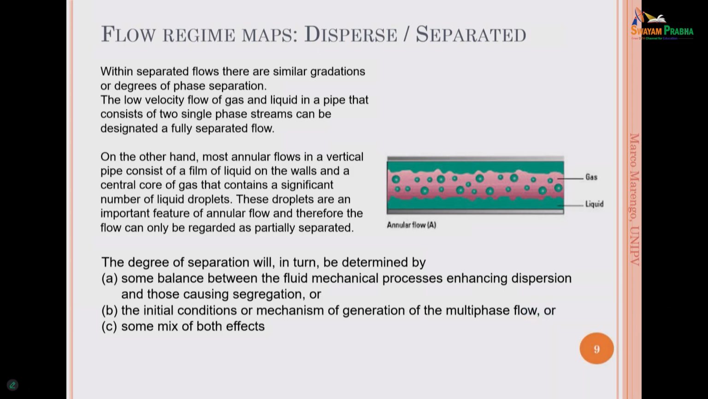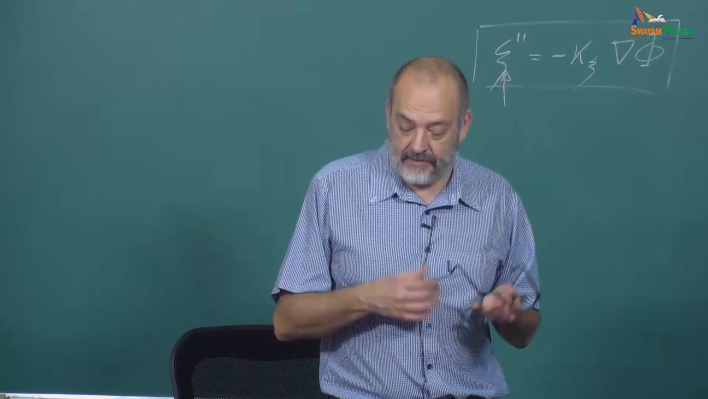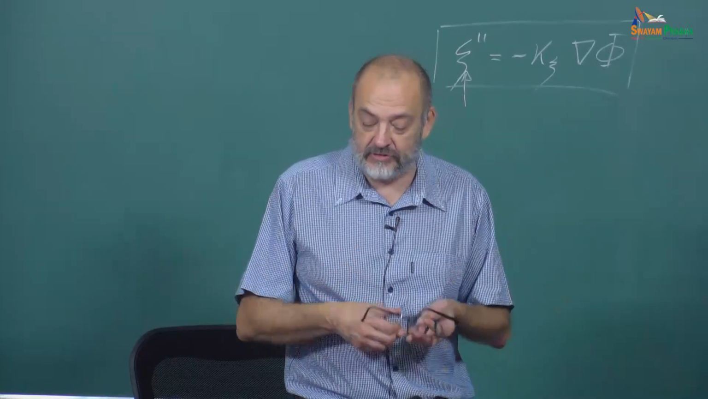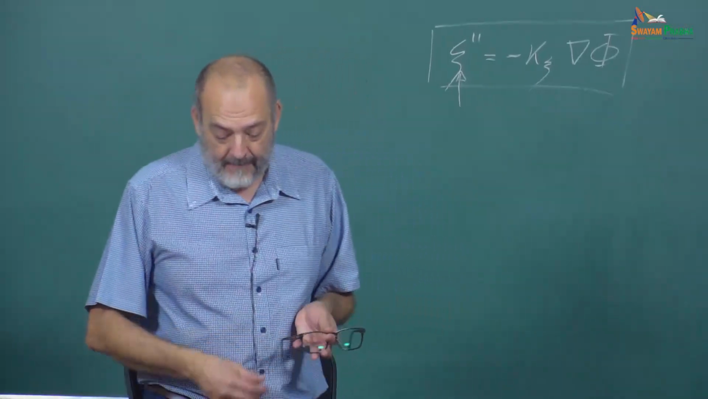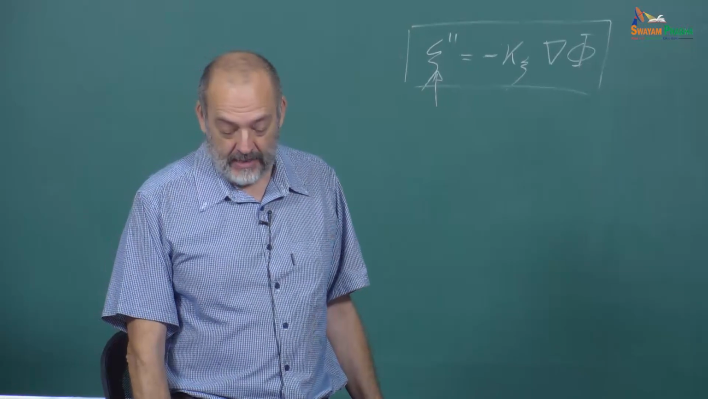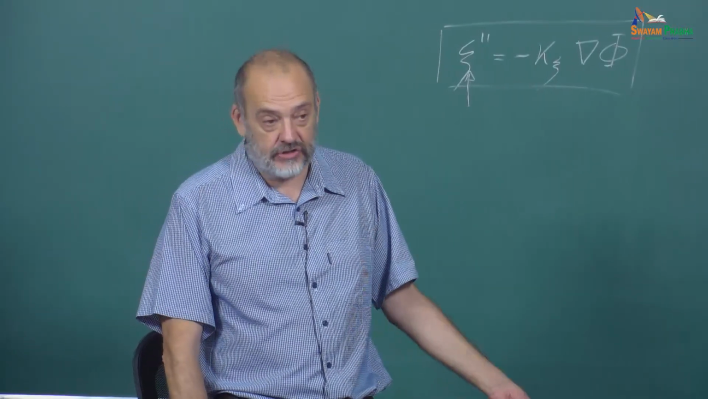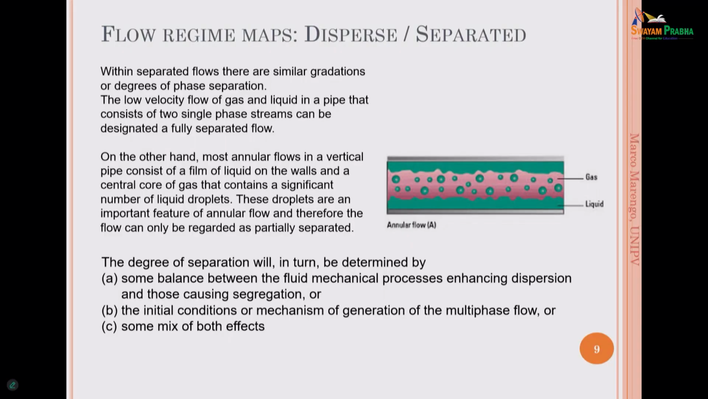So the degree of the separation depends on at least three factors. Let's say two factors and a mix of the two others. One is the balance of the process, the fluid mechanical process of dispersion, segregation, okay? But also the initial conditions are very important, so the boundary conditions. The initial conditions in terms of generation of the multiphase flows, or the boundary condition, again, is a generation of